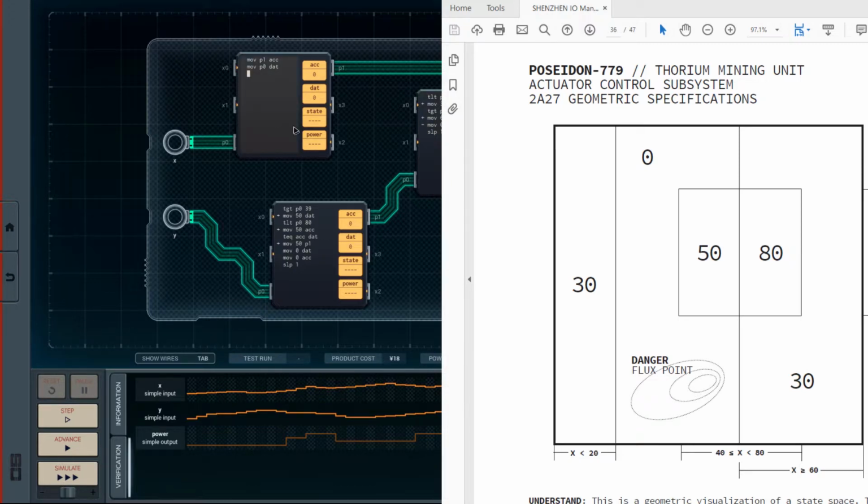Alright, so it was TCP. Alright, first, test if P1 is 30. If it is,